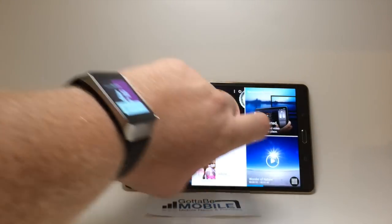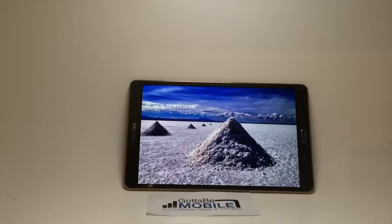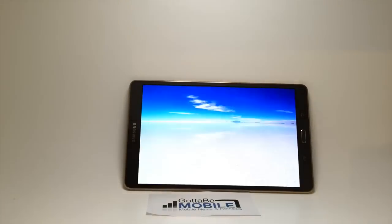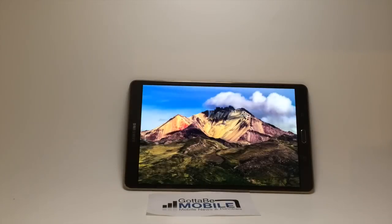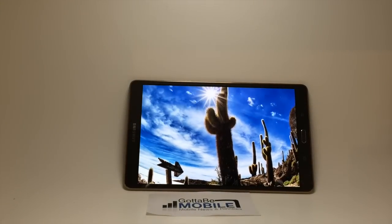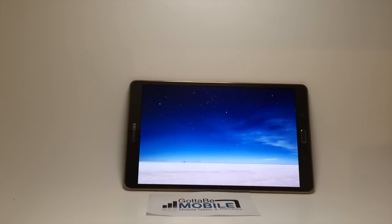Now let me talk here a little about video. Samsung includes a sample video, and do yourself a favor, go to Best Buy or wherever you see tablets and find one of these and look at this video in person. On this screen, it's absolutely beautiful, it's stunning, it has almost a 3D look. That's thanks mostly to the excellent video